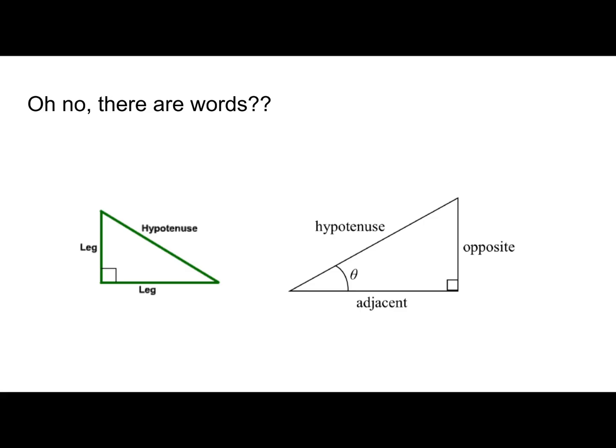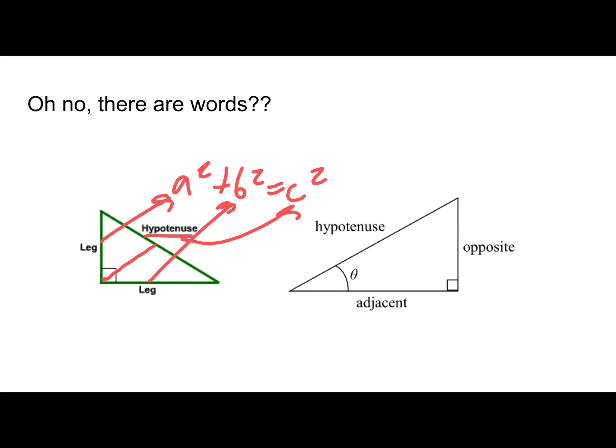And there's also some vocabulary to go through. Hypotenuse, legs, adjacent and opposite. This one is the Pythagorean Theorem version. So like a squared plus b squared equals c squared. Hypotenuse is your c. Legs are a and b. And this is only from the perspective of the right angle. So you have the hypotenuse, which is opposite to the right angle, and then the two legs